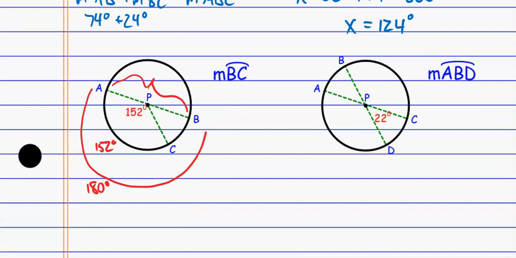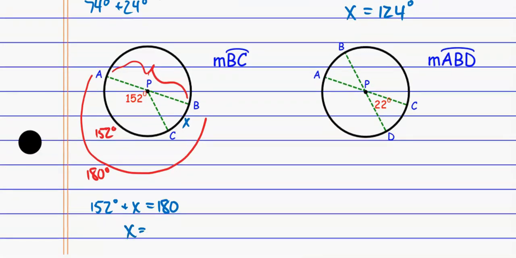And so kind of stepping back out of this thing, let's talk about this from the perspective of arc addition. Well, the 152 plus the unknown angle, maybe I'll call it X again, has to equal the 180 degrees. And so really, it's just a matter of subtracting these things in order to solve this, okay? So even though we call it arc addition, we can do subtraction as well in here because subtraction is a special form of addition, okay? So that's 28 degrees, which means the measure of arc BC is 28 degrees,